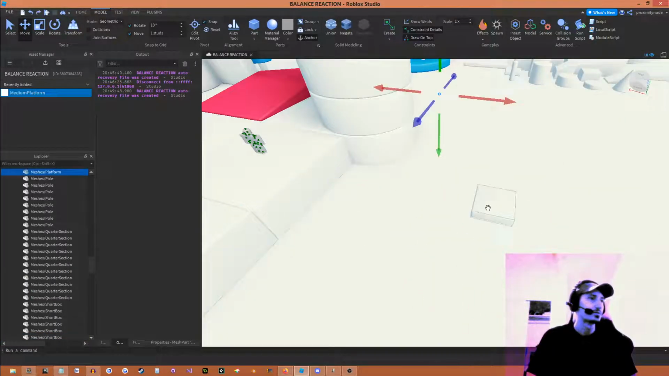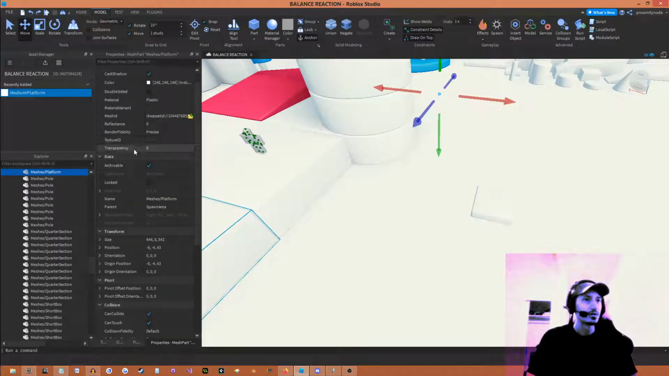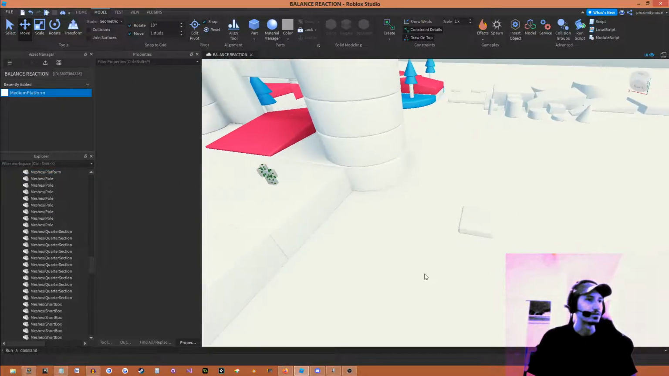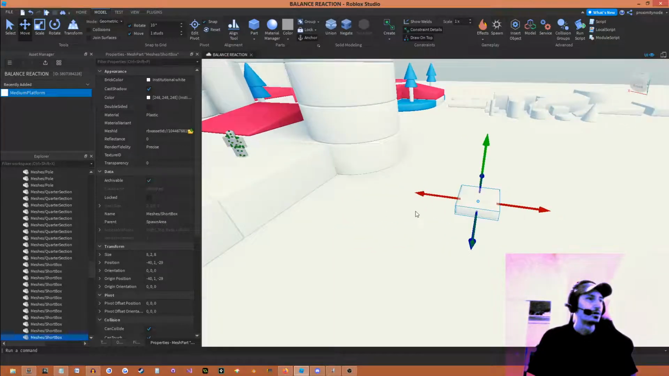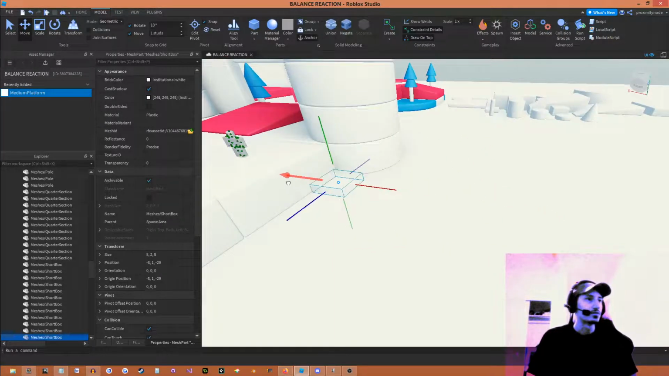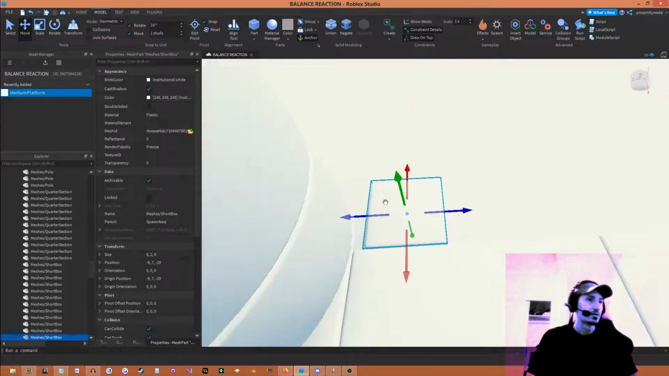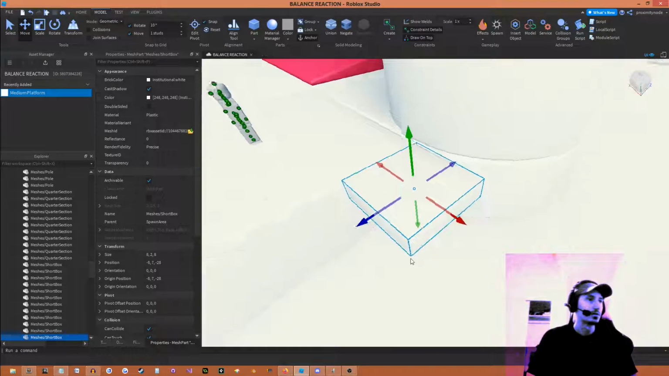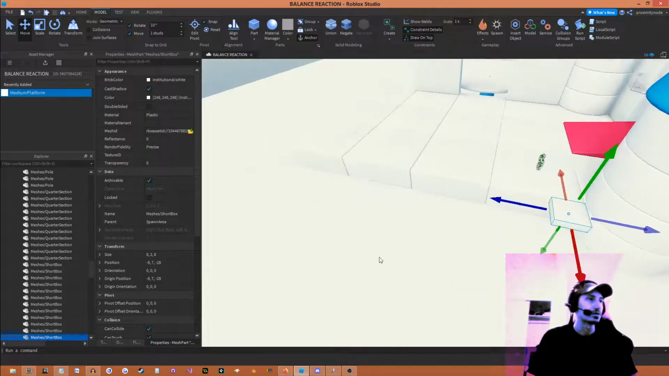Oh, whoops. Okay, I should probably lock this. Properties. Where? Oh, there you are. Locked. So now I'm not going to be able to touch it unless I select it. Okay, so I'm going to move this to about where I want it. Let's just go there. And then I'm going to repeat it across all the way over here